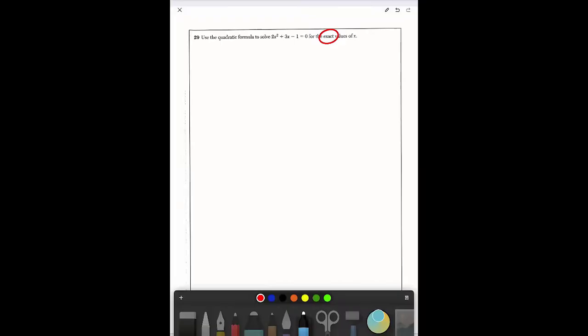If it's a repeating decimal, they want you to convert it to a fraction. So they don't want decimals. When it says exact, that's what that means. So now, first thing, quadratic formula, it has to be equal to 0. It is. So now we're just going to find the A is 2, the B is 3, the C is